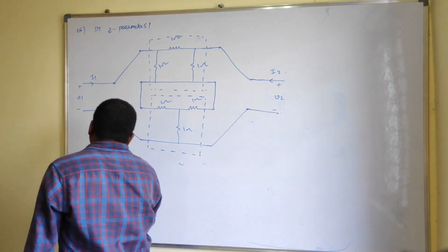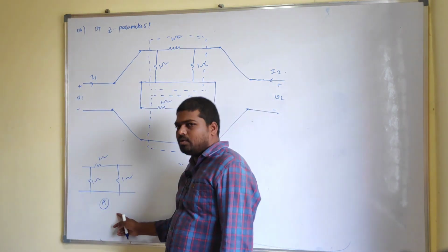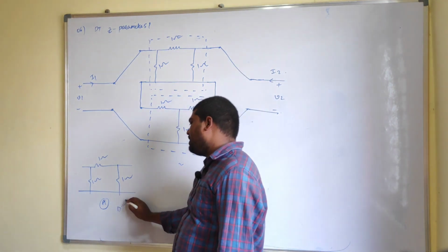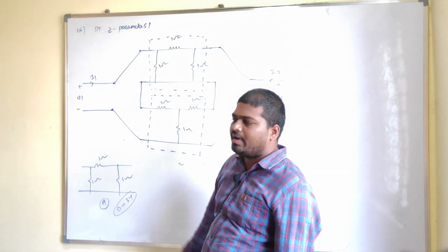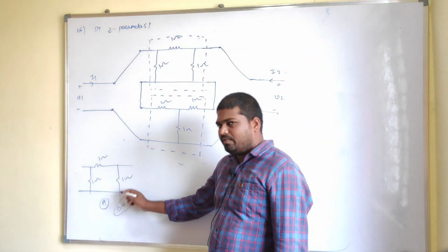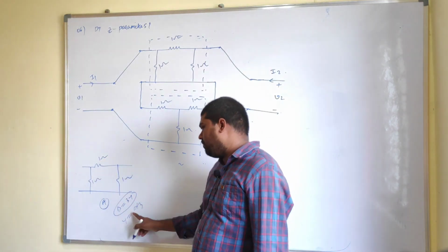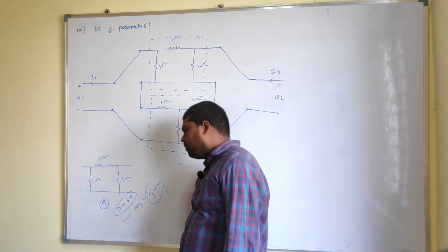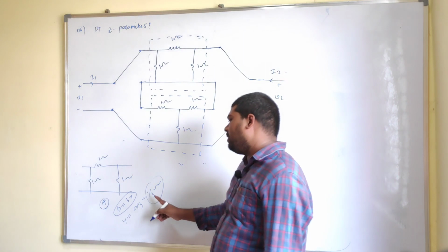So this is your network A, 1 ohm, 1 ohm, and 1 ohm. The network is in pi model, so we need to convert it into T model. The relation is delta equals 3Y, if all elements have the same value. If all elements are different, we have different formulas. But this is the delta model, so we need to convert it into the Y model. So Y equals delta by 3. The element value is 1 ohm, so 1 by 3 ohms. That means this Y network has an element value of 1 by 3 ohms.